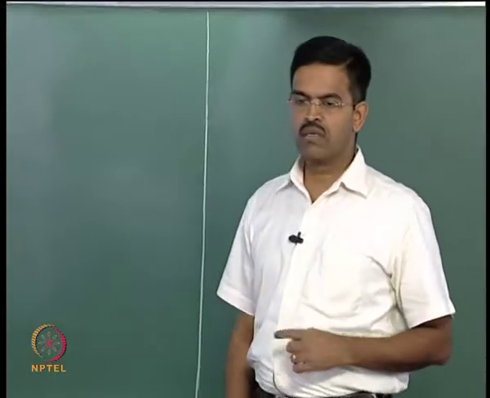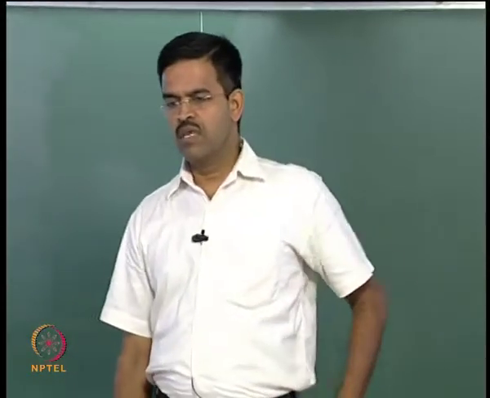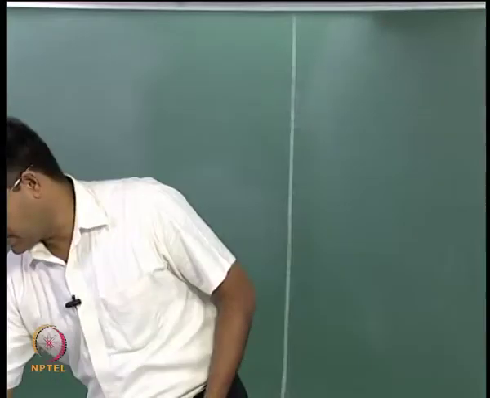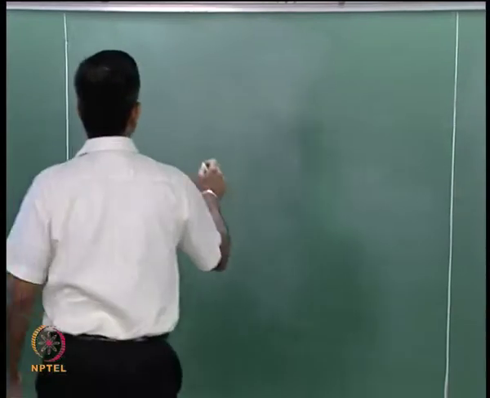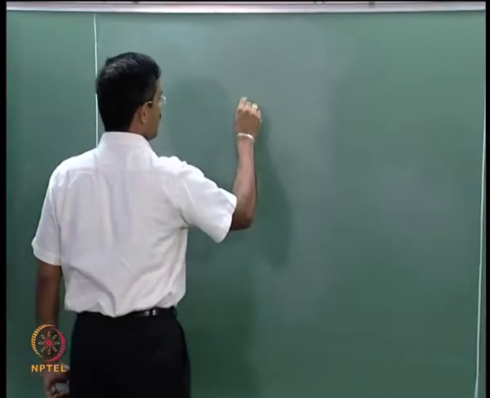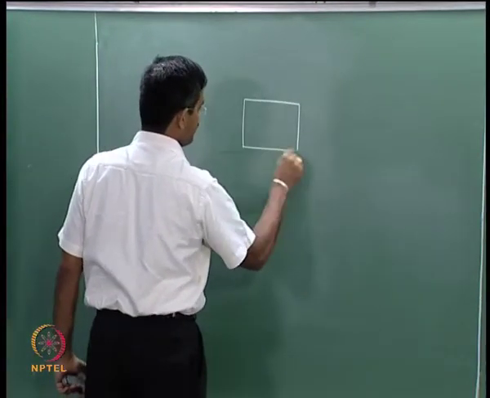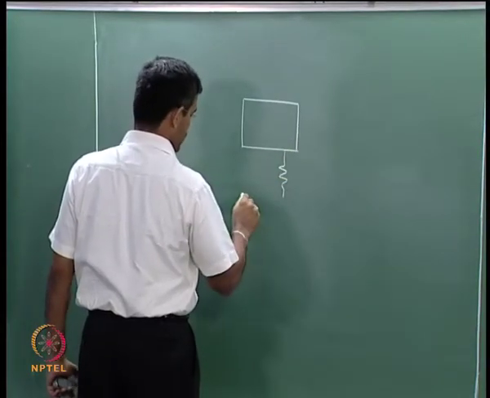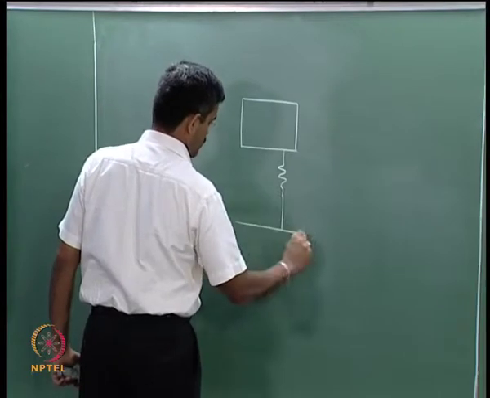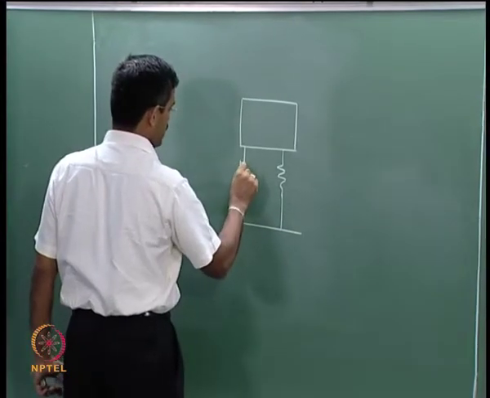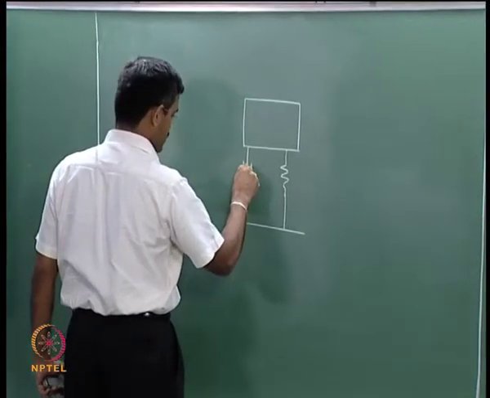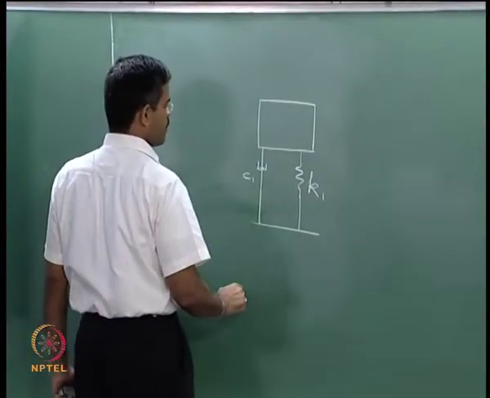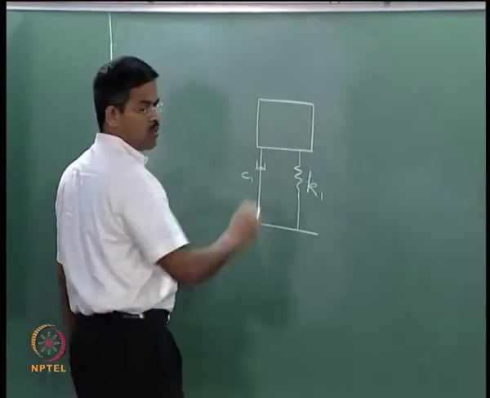So, in the last class we discussed the derivation of equations of motion for a primary and secondary mass system, as we see here. This is my idealized model of the tower, which has a specific stiffness and damping, which we call K1 and C1, and of course there is a mass of the whole tower